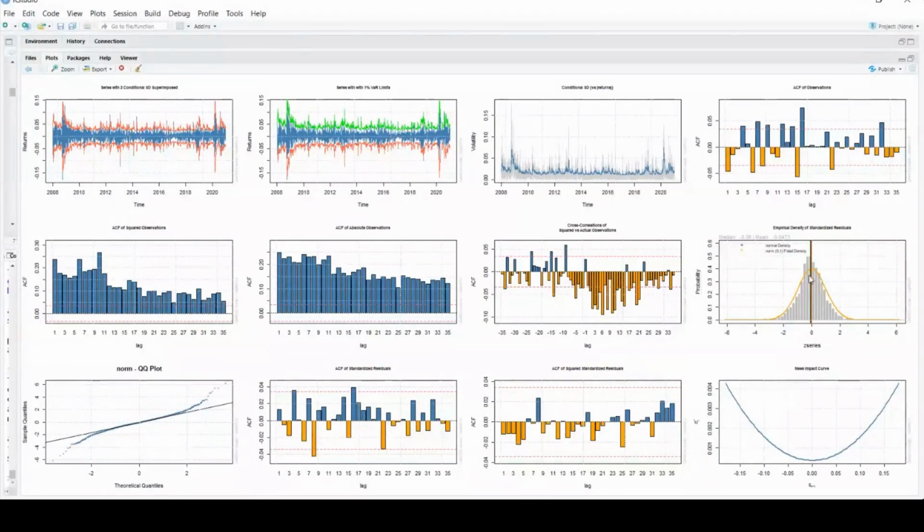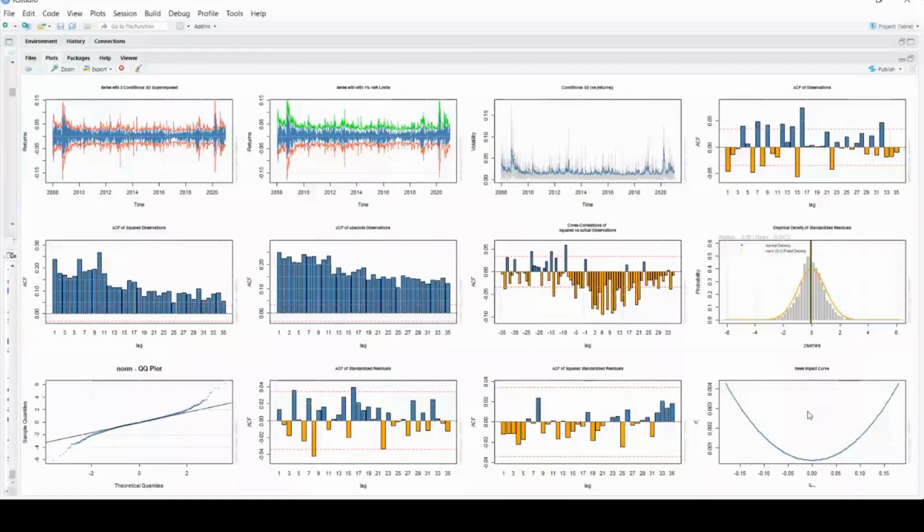The more deviation you have of the plotted line from the mean line or the black standard line, the more you can say that my residuals are not normally distributed. And if they are not normally distributed, that model is not a best fit model. Okay, this is the news impact curve, since we are using the symmetric GARCH model. Notice these things.